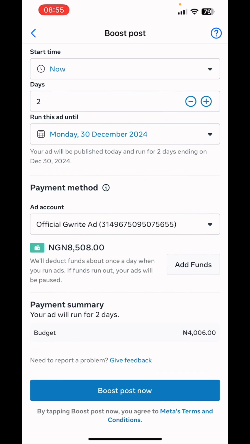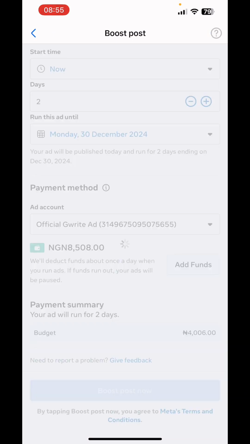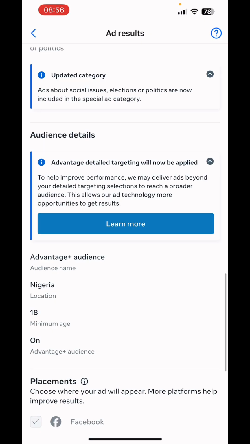So once we are done setting up all of this, then we'll click on boost post now. But you could also add more funds if you're using a higher budget or a longer duration like I recommended. Okay, you could also run your ad for 1 month, 2 months, 3 months, depending on what you could afford. Okay, so let's hit the boost post button now to launch this ad campaign. So now we successfully launched